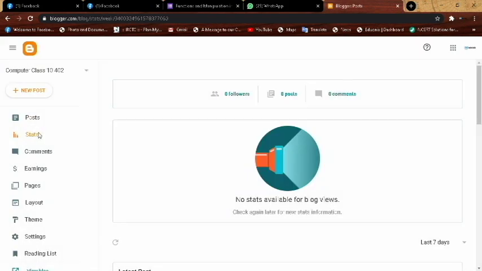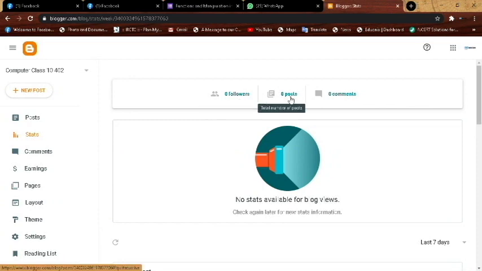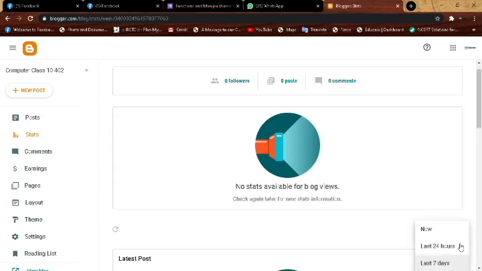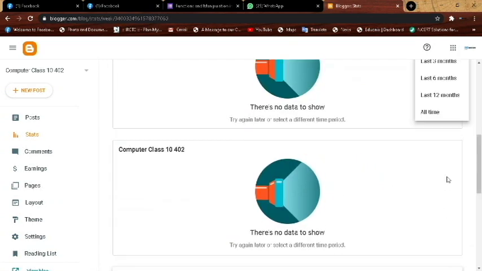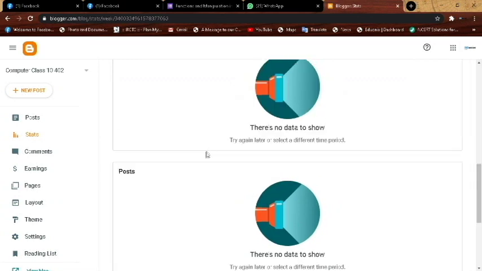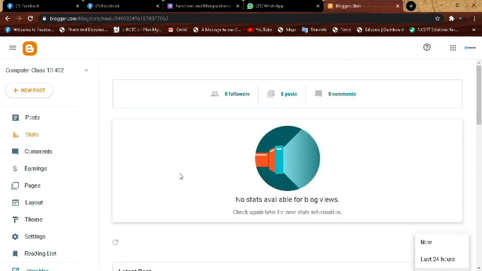Stats will represent how many followers you have, how many posts you have posted here, and what comments you received in 7 days, in the last 24 hours. Based on the timeline you can see all the available data in your blog.